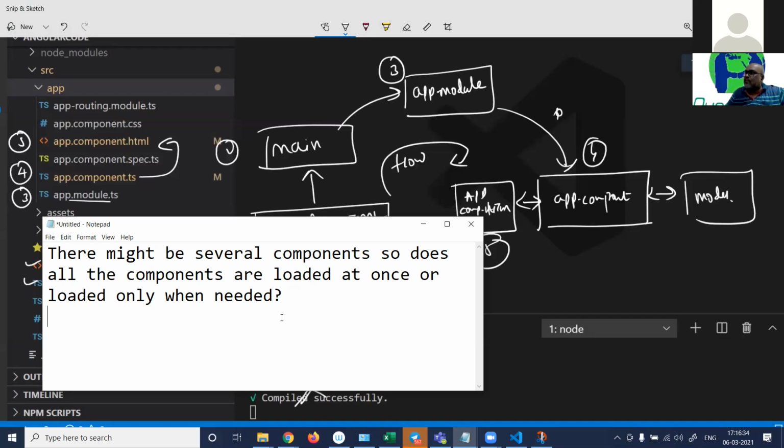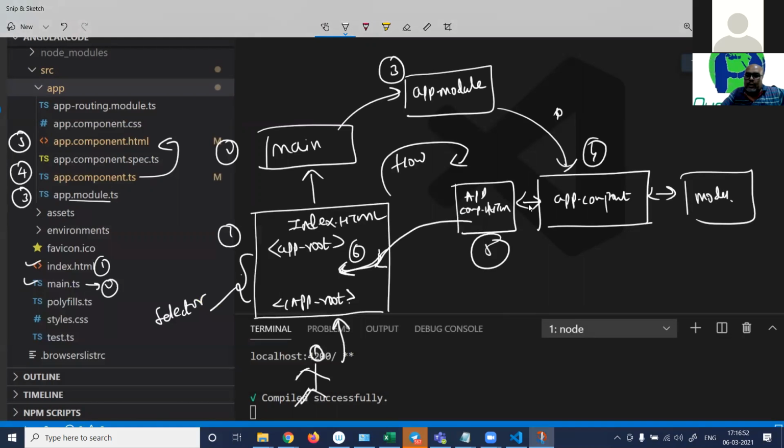So we can tell it that for the doctor module, load only this much. For admin, load only this much. So we'll be talking about a concept called lazy loading. I'm typing it on the chat. Lazy loading, right? So we'll do that. So everything loading at first is definitely asking for trouble, right?